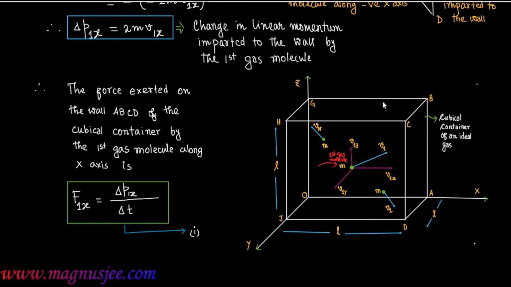So we get f1x equal to delta p1x divided by delta t, where delta p1x is the change in linear momentum imparted to the wall, and delta t is the